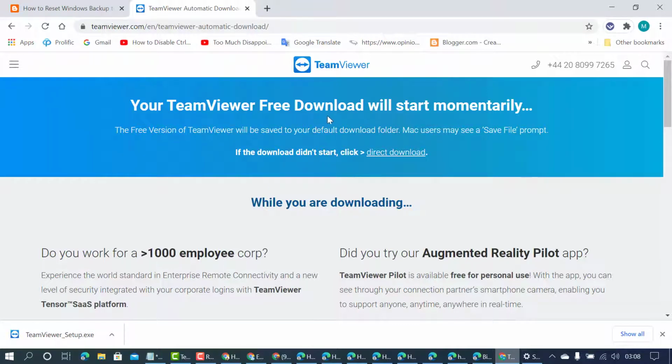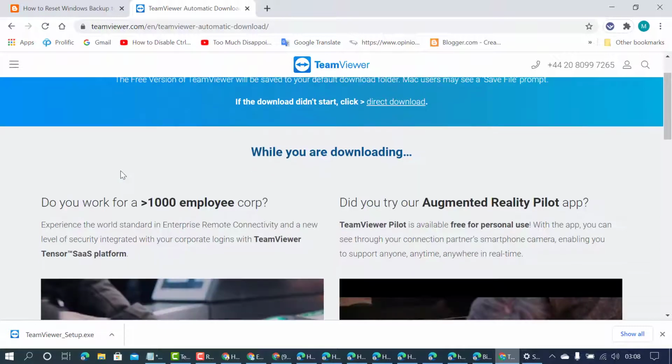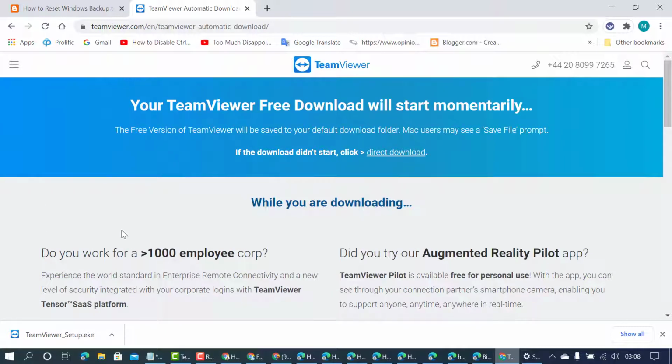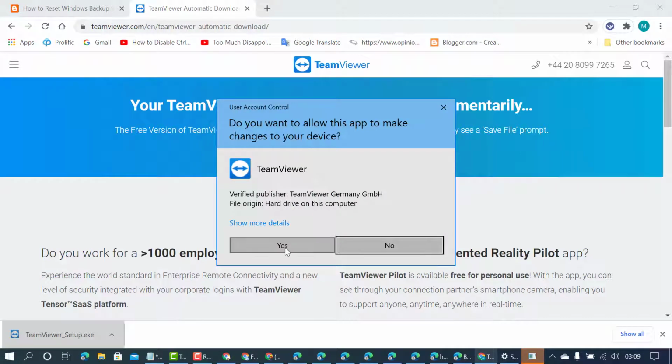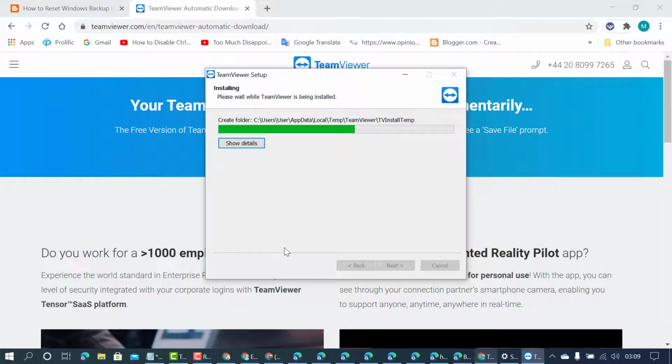In my case, we can see TeamViewer. We uninstalled this application, and this is the free version, so we can use that application as a free version. So again click on that application and allow some permissions,